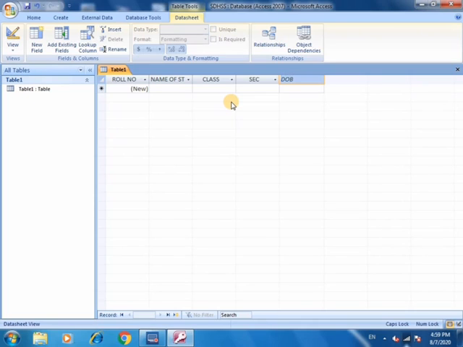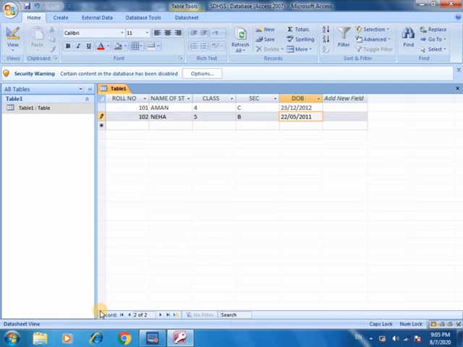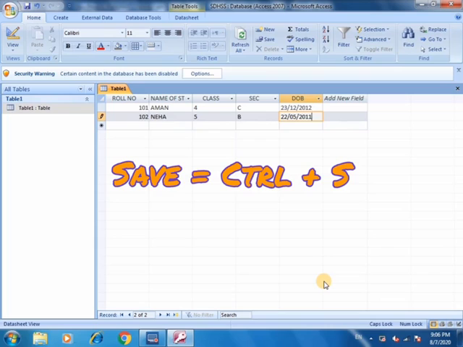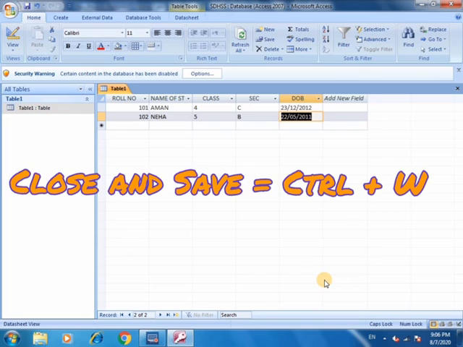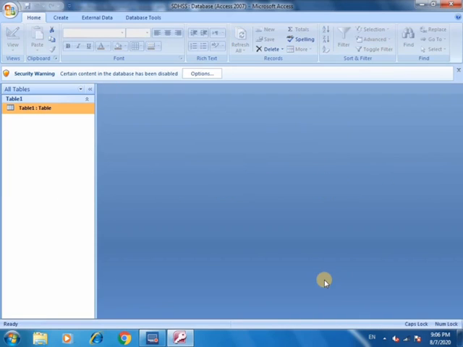So we can make more than one column according to requirement. Here we can insert many records and save them. For saving, we can use Ctrl plus S, a shortcut for saving a document. For closing, we can use Ctrl W, which is generally used to save and close the table.